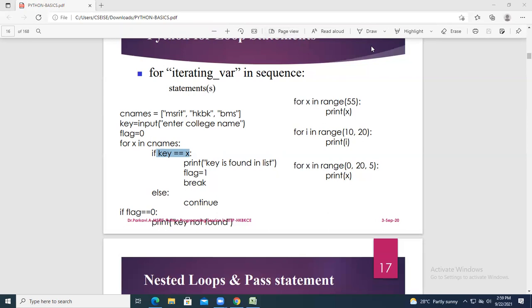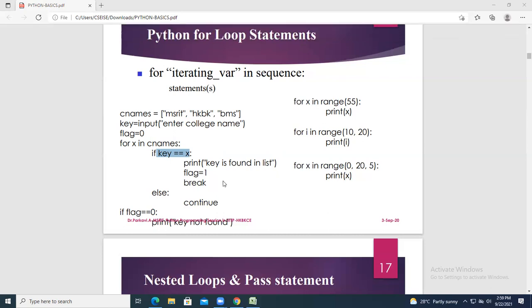Because for every key element, you are searching with the first element, then the second element, then the third element. That means it is going in sequence. So we call that a linear search.